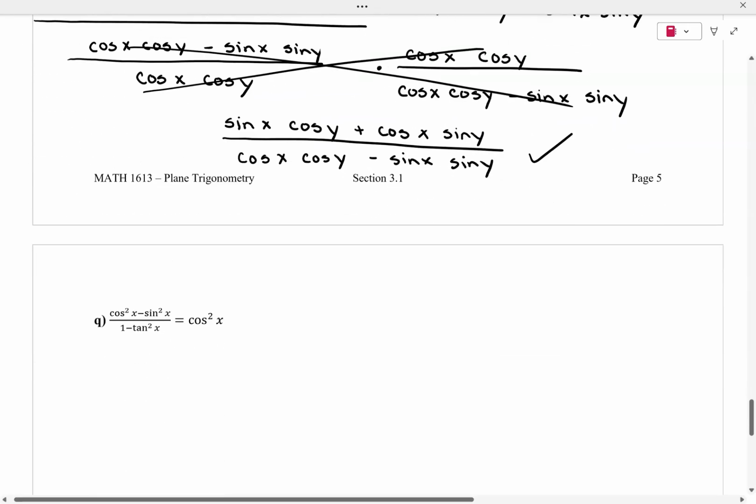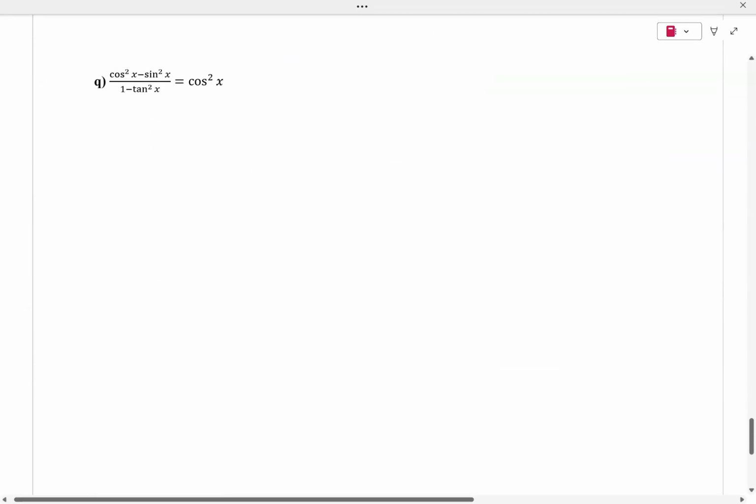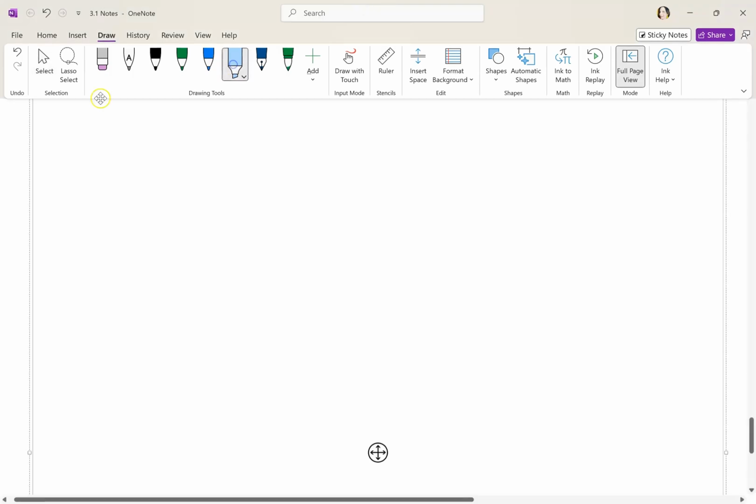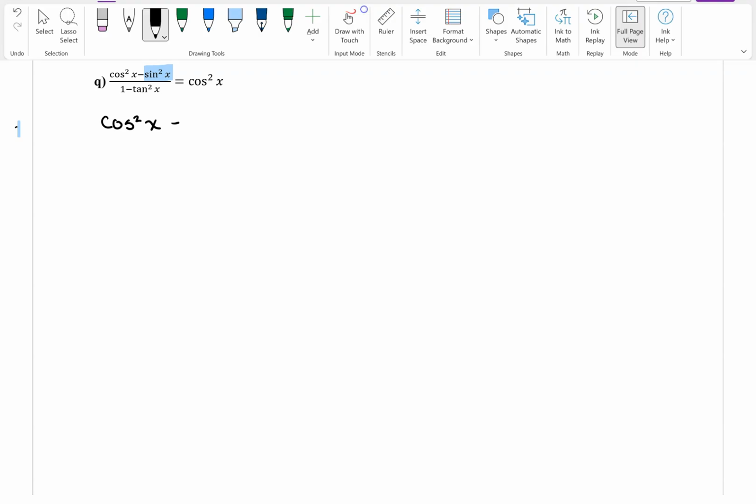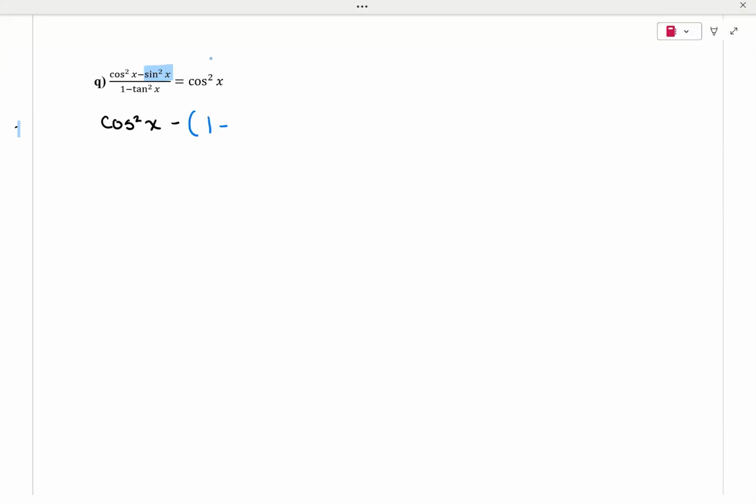Okay, so let's go down to this last one. Luckily, everything on this one printed correctly, so we're good there. Probably gonna have to work on the left-hand side to simplify down to the right. So we know that we need it to be a cosine. So let's try to start by changing things to cosine. So we know that sine squared is equal to 1 minus cosine. So we're going to have cosine squared x minus, and then in parentheses, 1 minus cosine squared of x,